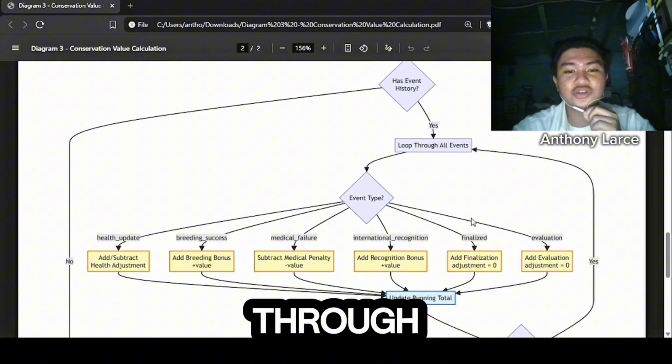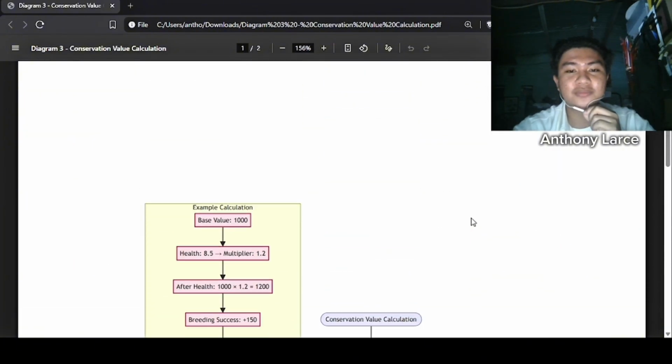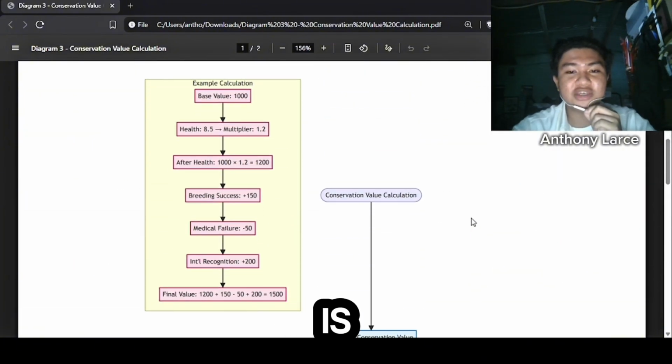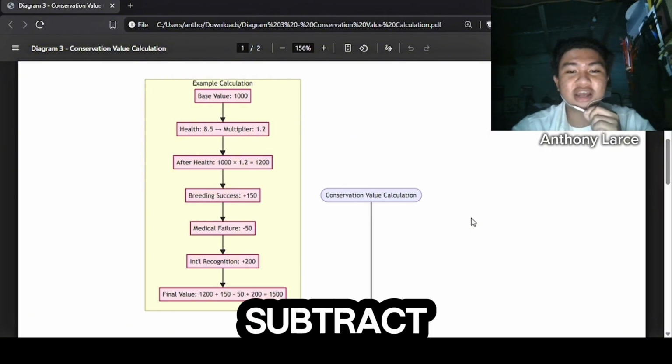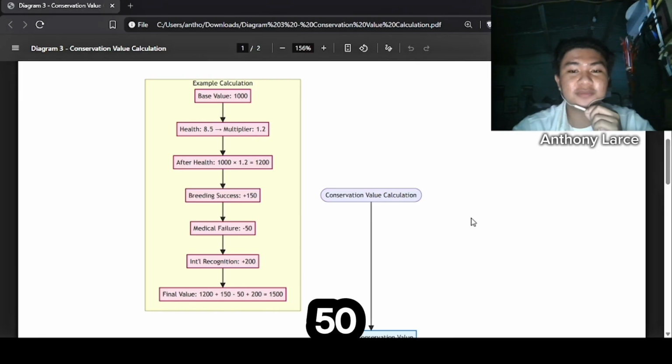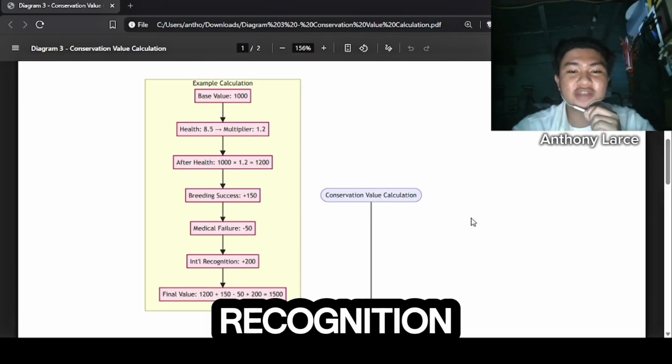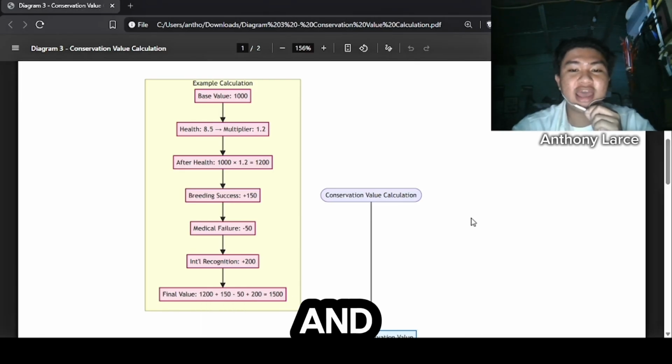So let's walk through this example. Base value is 1000. Health is 8.5, so the multiplier is 1.2. That gives us 1200. Then we add breeding success, which is 150, subtract medical failure, which is -50, add international recognition, plus 200, and the final value is 1500.